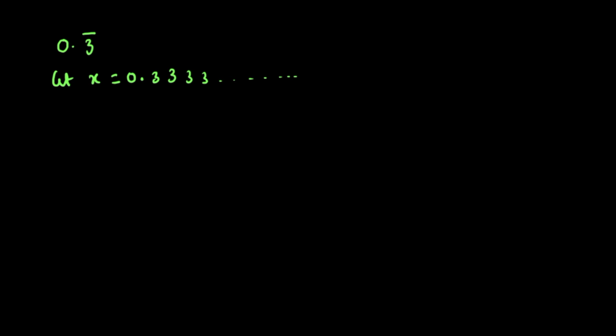Now how to write this? So you can observe here, I'm going to introduce you two keywords, that is period and periodicity. What is the meaning of period here? The number which is repeating is called the period. Okay, so the period here is 3. The next one is periodicity. What is periodicity? The periodicity is the number of digits that are repeating. That means 3 is only one digit repeating here, so the periodicity is 1.